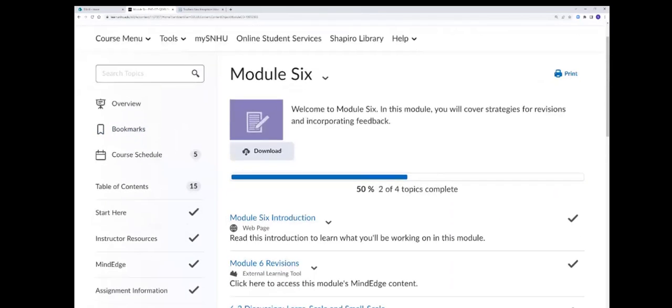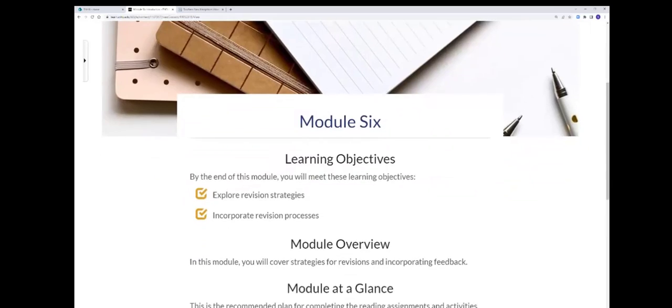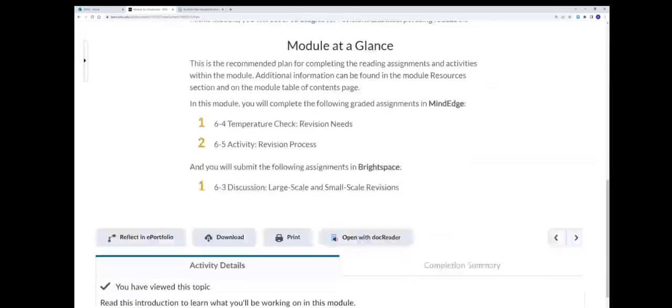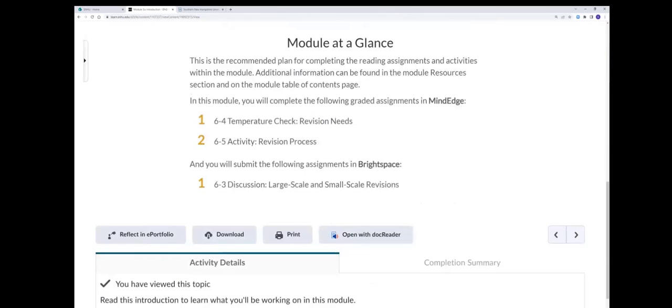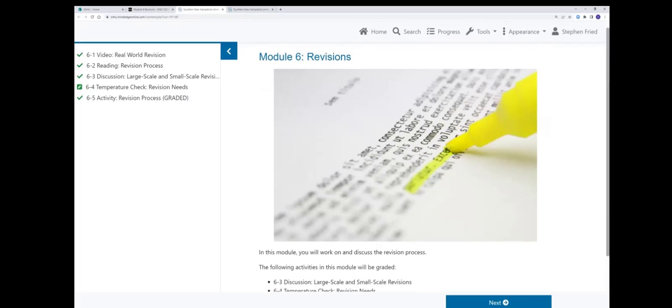And here we find ourselves at first the introduction, which gives an overview, as always. And I leave that to you to follow through. And let's go on. Here at Module 6 revisions, we see on the left-hand menu a number of units that will make up the process this week. And again, we have an overview and an opportunity to go on to the next page,